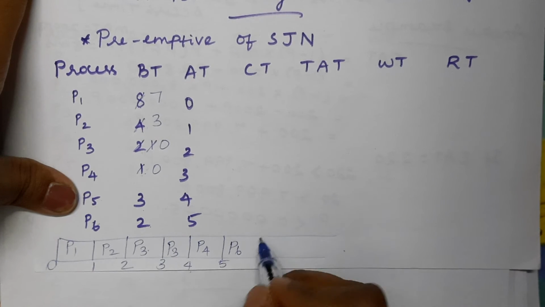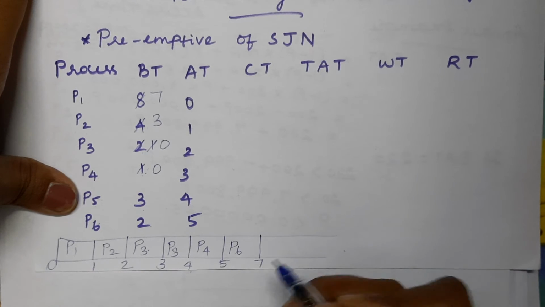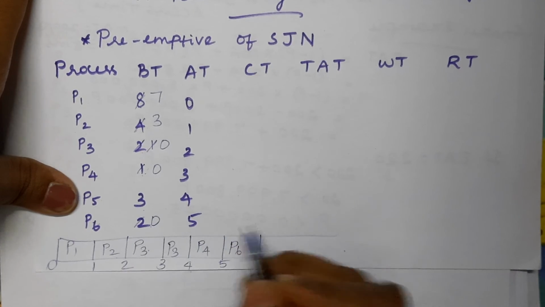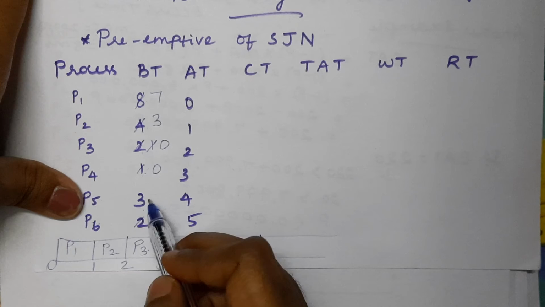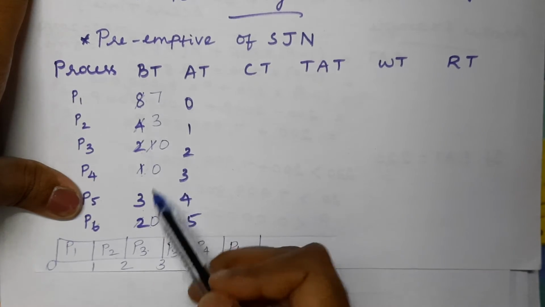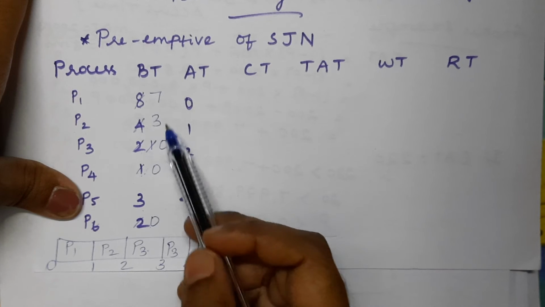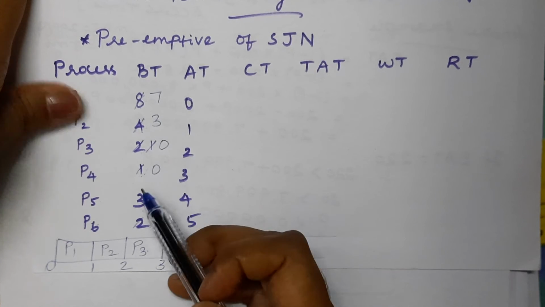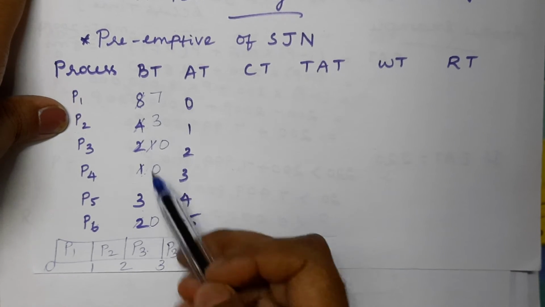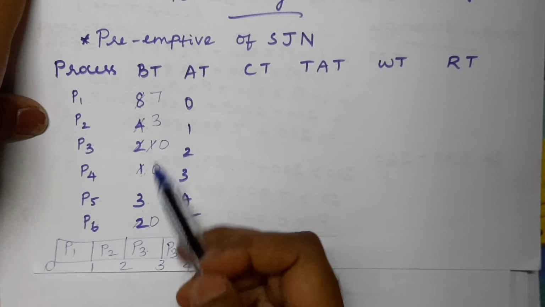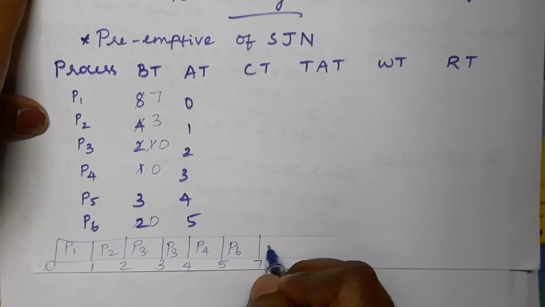So we are scheduling P6 here, so let it complete its execution at time 7. It will be completed, and afterwards we need to compare the remaining processes, whatever we have, P1, P2 and P5. So which has the lowest burst time? P2 has the lowest and P5 has the same burst time, so we need to follow first come first serve.